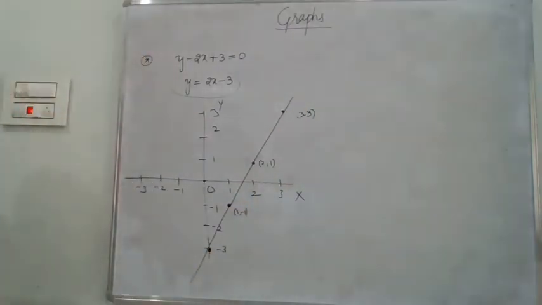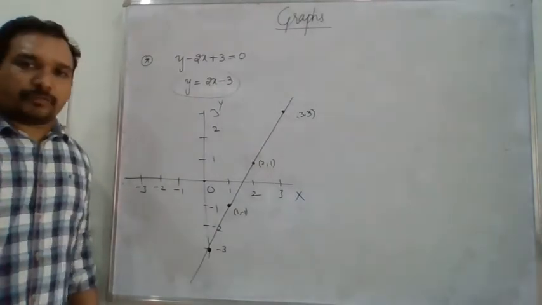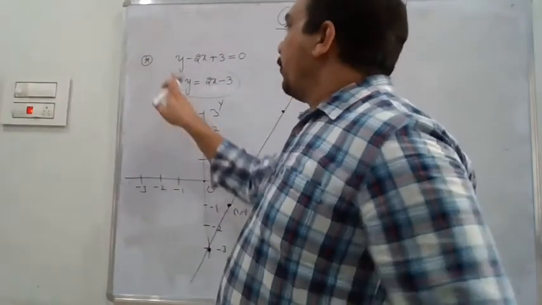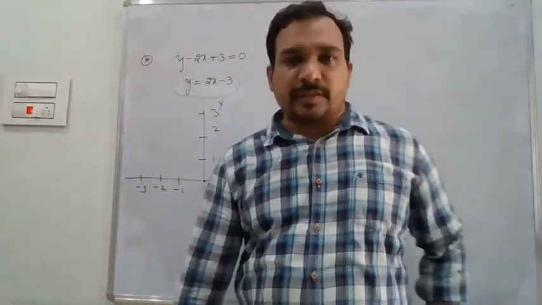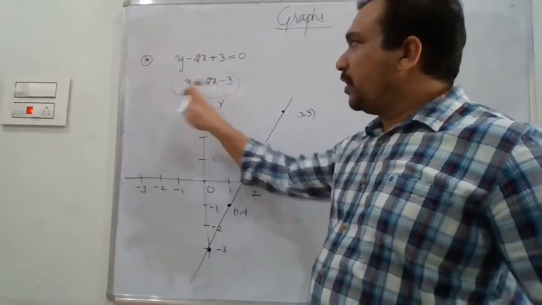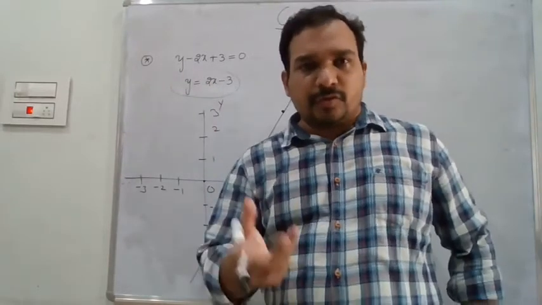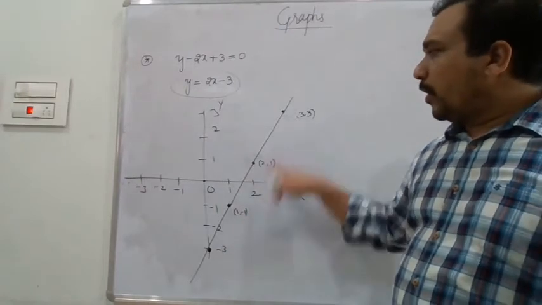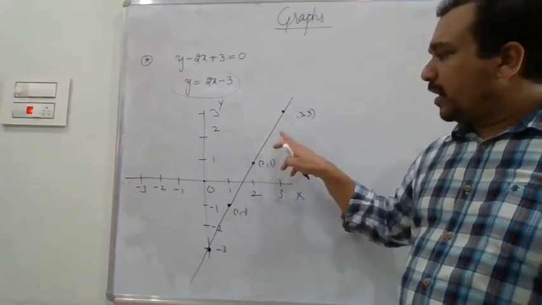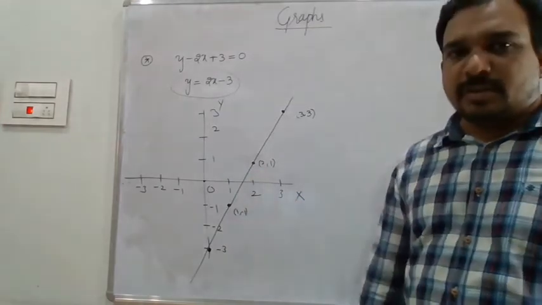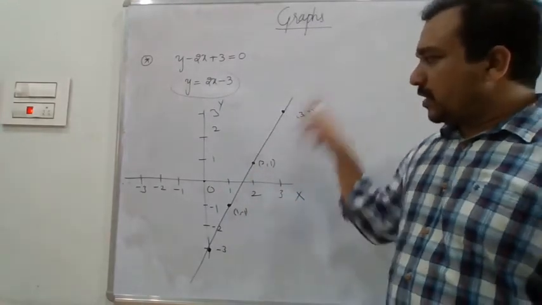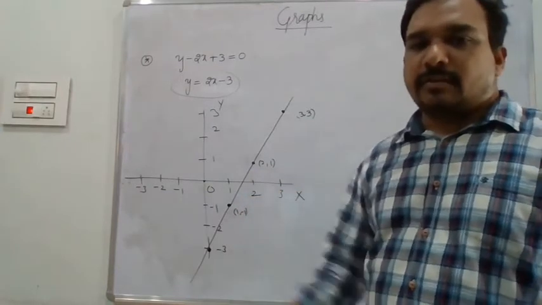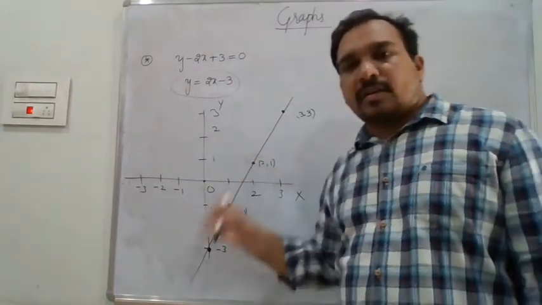This is also a straight line. So whichever line equation is given, simply we can write y in terms of x. Substitute x values, and according to that you will get y values. Take those x and y values and plot them on the graph. It is enough to have only 2 points. Why? Because if you take 4 points or 10 points, it doesn't matter. Only 2 points are enough to draw a straight line. That's why just trace any 2 points and draw the straight line.